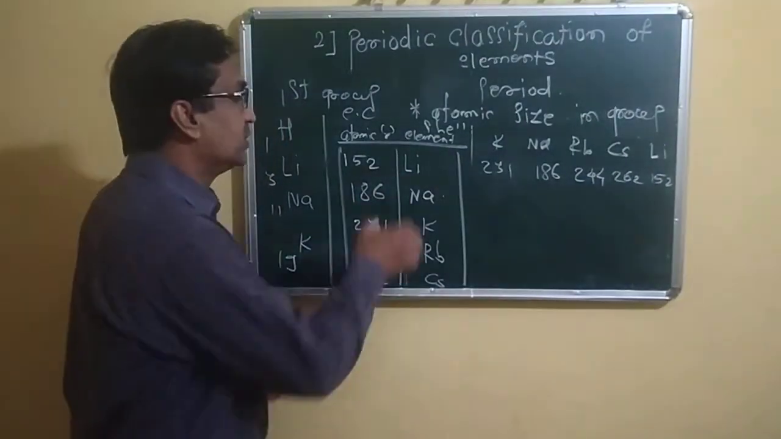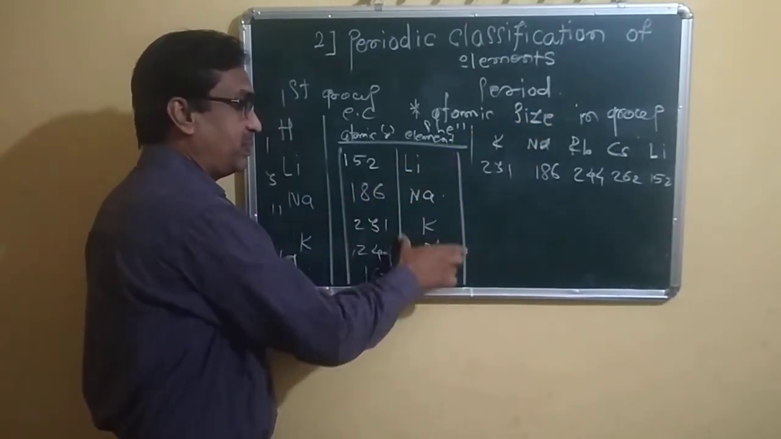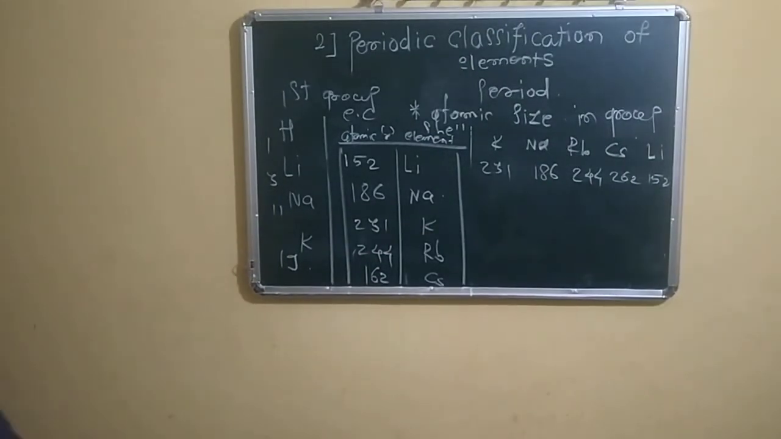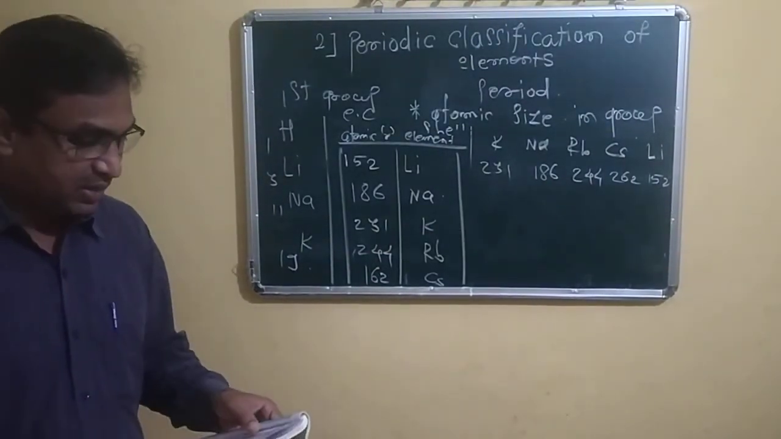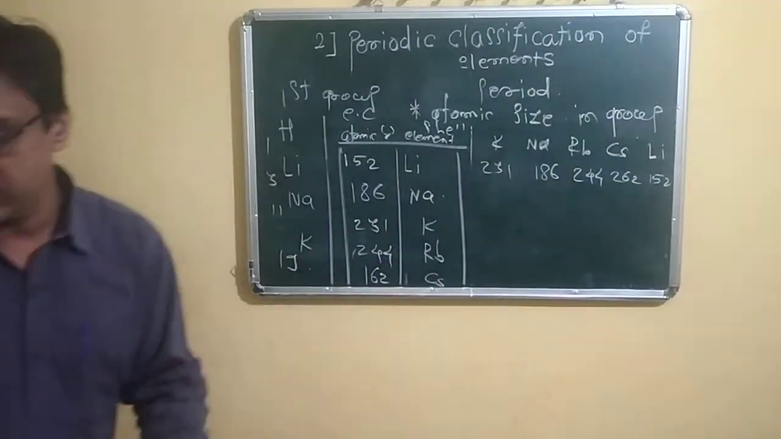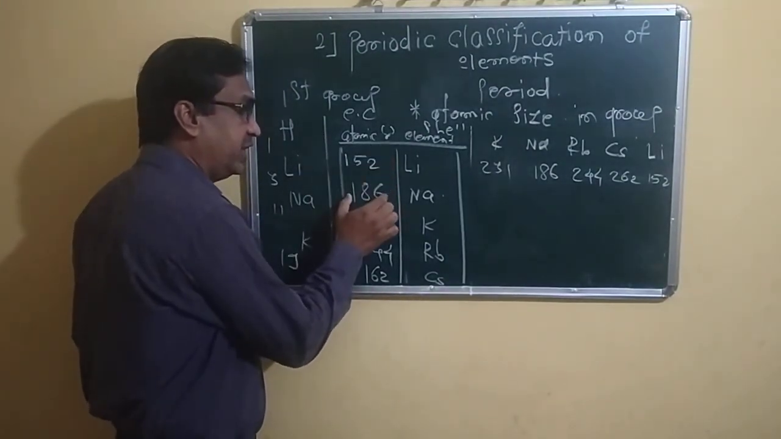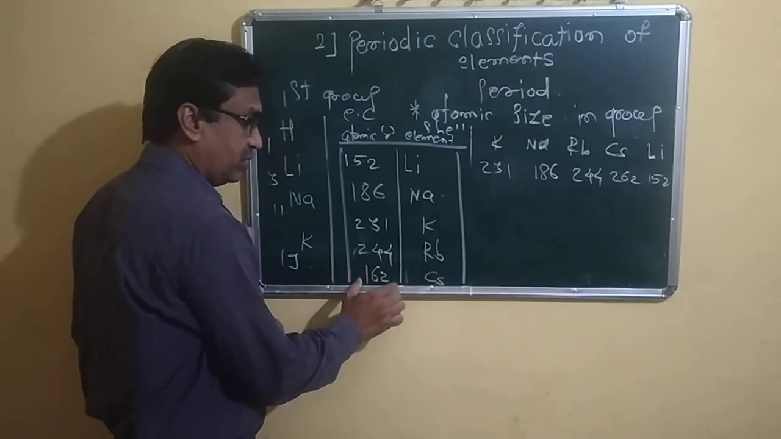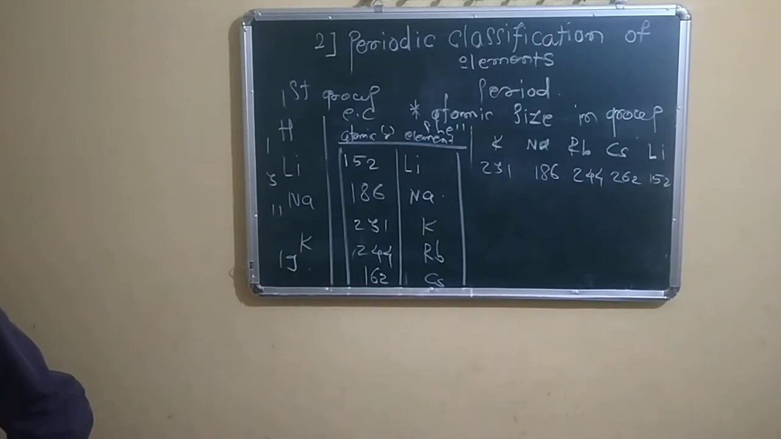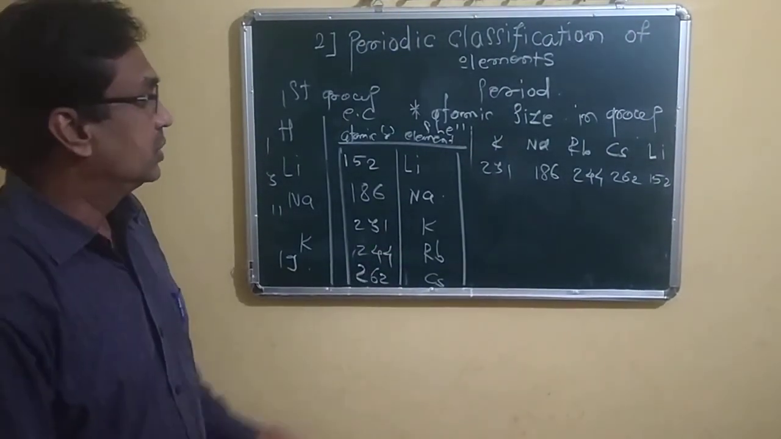In the modern periodic table, we can easily see that this is the pattern. In the first group, these elements are found. Let's check whether they are in this way: first group, lithium, sodium, potassium, rubidium, and cesium, with atomic radii 152, 186, 231, 244, and 262. So in a group,